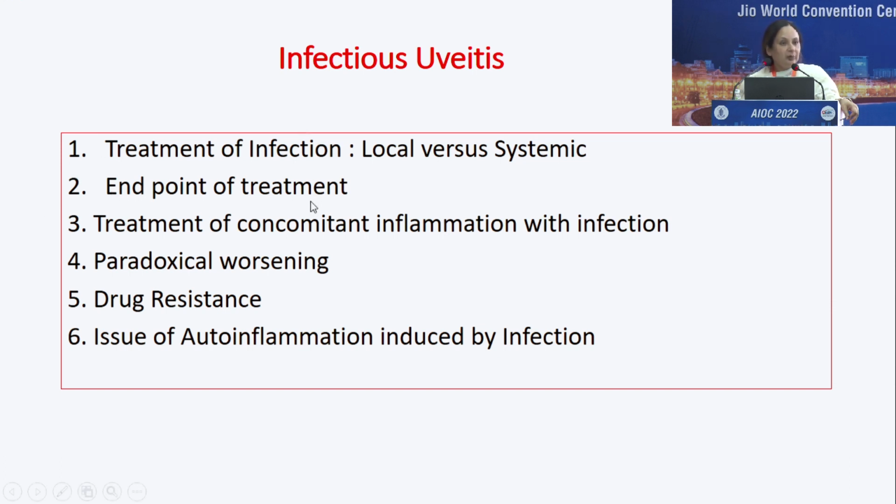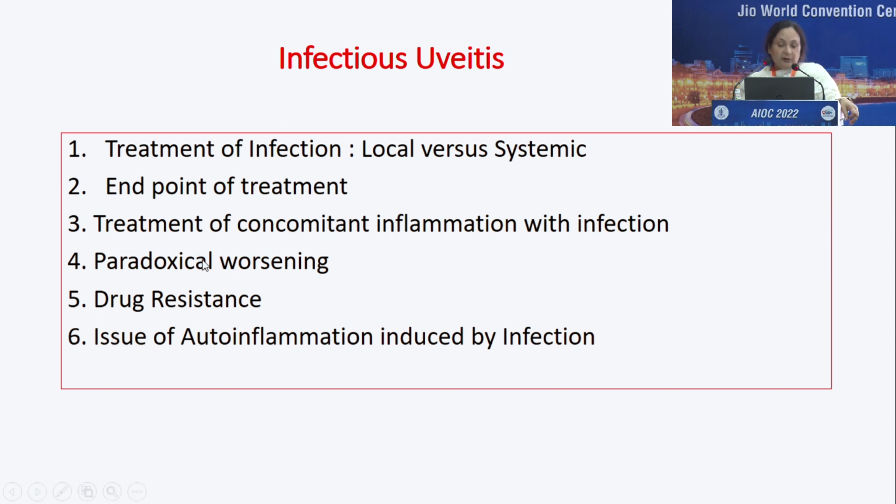We don't even know. Anti-TB drugs, 6 months, 9 months, 12 months, 18 months, we have absolutely no clue. Then there is a question, like Manisha so elegantly showed, that even if you have a tubercular granuloma, give corticosteroids. So there is a problem. Are you going to treat concomitant inflammation as well as infection?